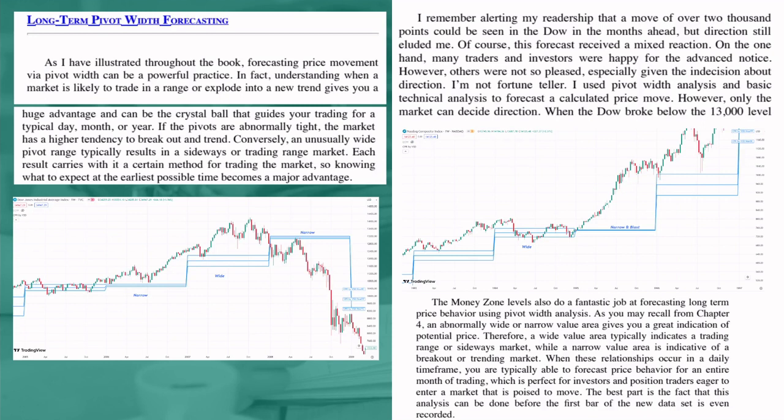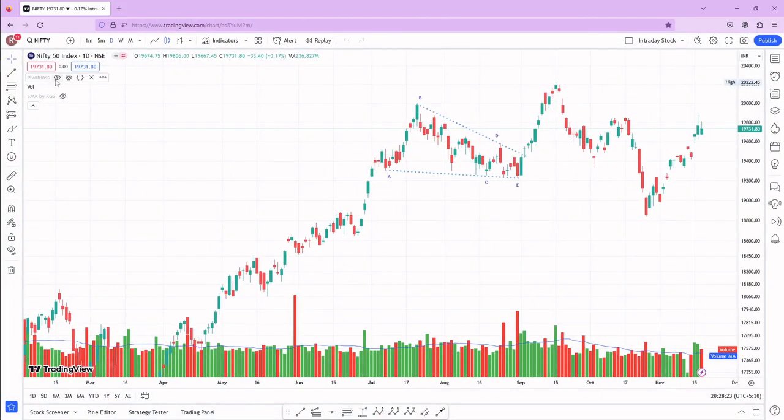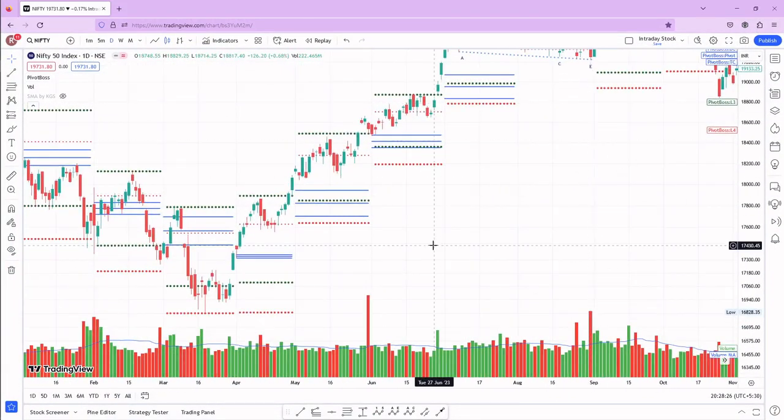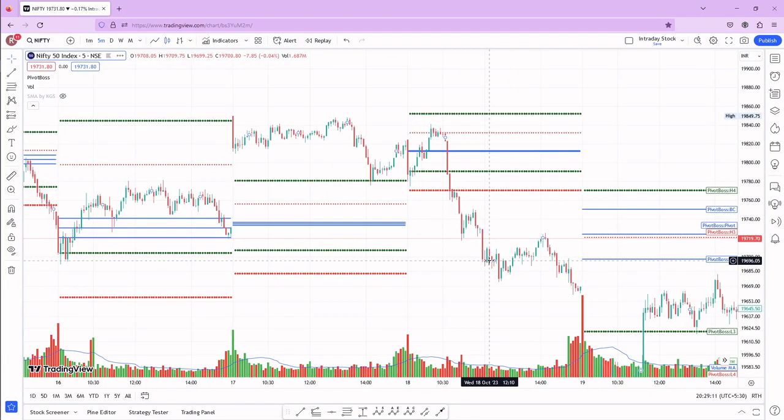So as he has educated us on pivot with forecasting, the same applies here as well, for long-term pivot with forecasting. Say for example, for an intraday trade or any time frame trade you want to do. Even in the intraday charts you are seeing right now, there is wide, narrow, very narrow, and during the very narrow range you see a drastic move happening, which from the high of 19,840 has made a low of 19,670, nearly a 1% move in the index.